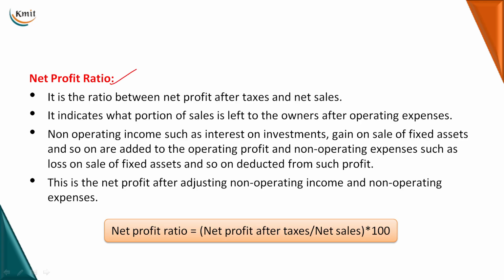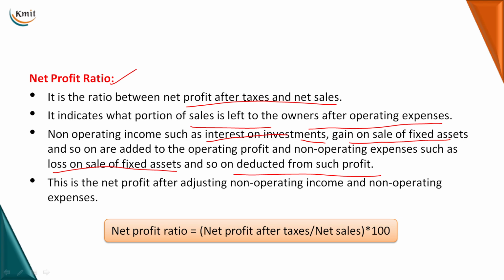Net profit ratio. It is the ratio between the net profit after taxes and net sales. It indicates what portion of the sales is left to the owners after operating expenses are incurred or spent. Non-operating income such as interest on investments, gain on sale of fixed assets, and so on are added to the operating profit,